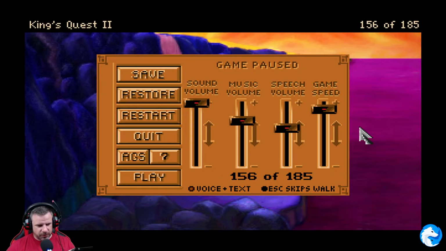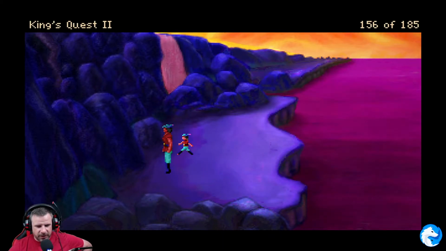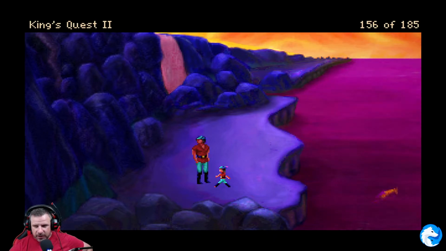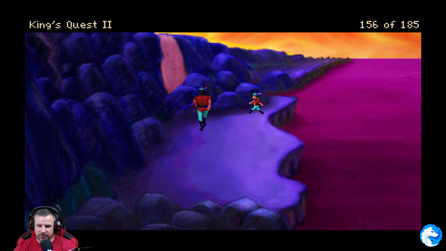Hello and welcome to what is hopefully the last episode in this King's Quest II Remake playthrough. So we have been playing and we are right about towards the end of the game. We are finally on the island of the tower where Valanice is, and hopefully we can go rescue her. And we'll see how close we get to...